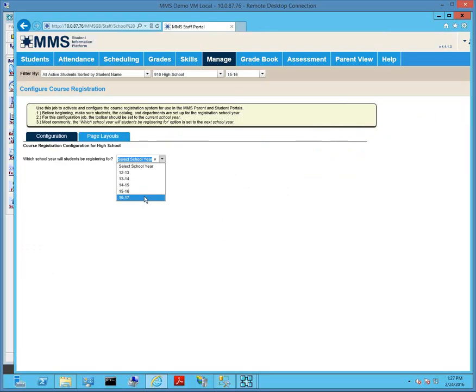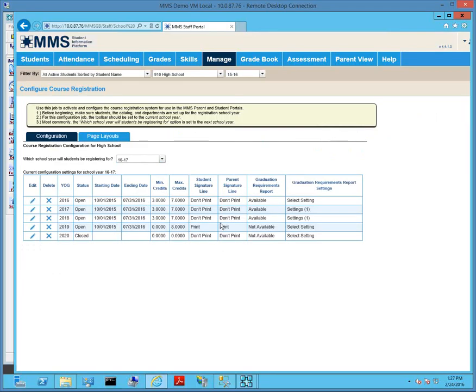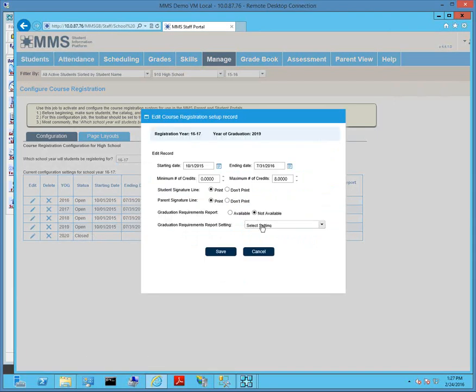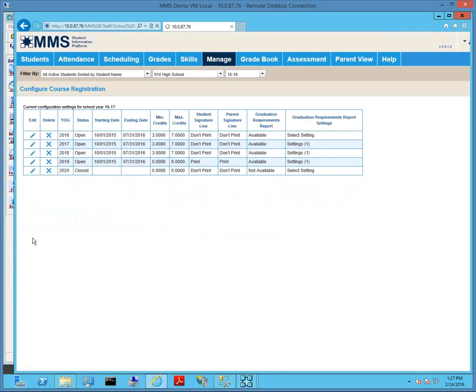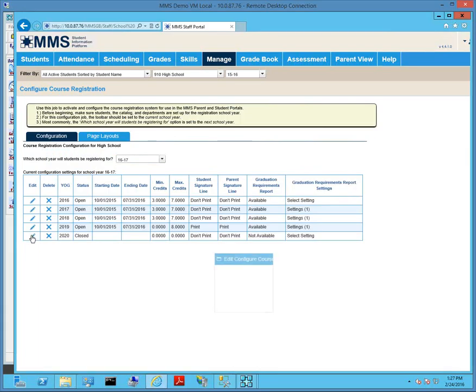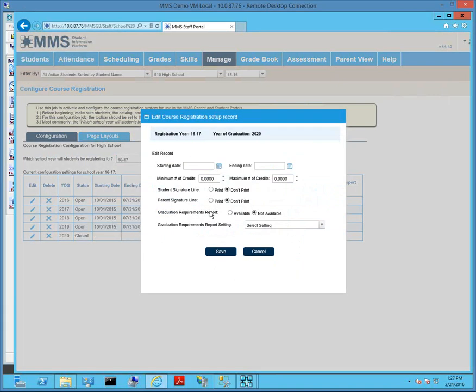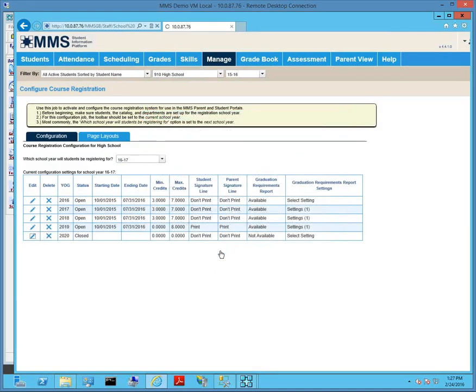But when I come in and do the configuration, I can go to the 16-17 and indicate here for my 2020 students or the 2019 students which requirement I want them to do. So I'm going to do the regular setting for the 2019 students and make it available. And I can do the same for the 2020 students because I haven't opened up that registration yet. I can make it available and say I want to do the incoming 9th grade summary only, just for them. But these settings that it's going to pick from,